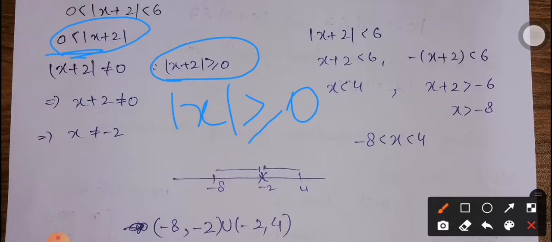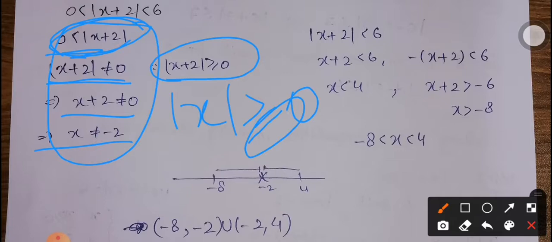at one side, we are just going to check whether we are having the sign of equality or not. If we are not having the sign of equality, it means |x + 2| is not equal to 0, because otherwise it is a true statement, true for all real numbers, so we do not need to solve it further. This is just to inform you whether x plus 2 is equal to 0 or not. So if |x + 2| is not equal to 0, it means x + 2 is not equal to 0, it means x is not equal to -2. So this part is just going to inform you that you have to remove -2 from your solution set.